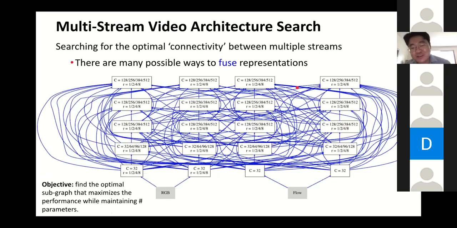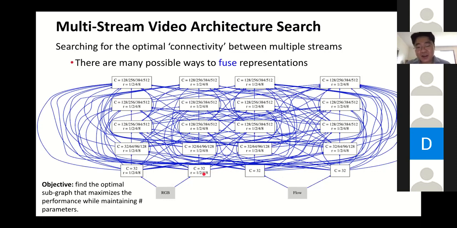How do we actually obtain that? If you ask me, it also has a form of differentiable architecture search. And what you see, very complicated thing is what we call SuperNet. It tries to connect everything that's possible. We prepare multiple streams, taking different input modality as an input, and then we try to connect everything.